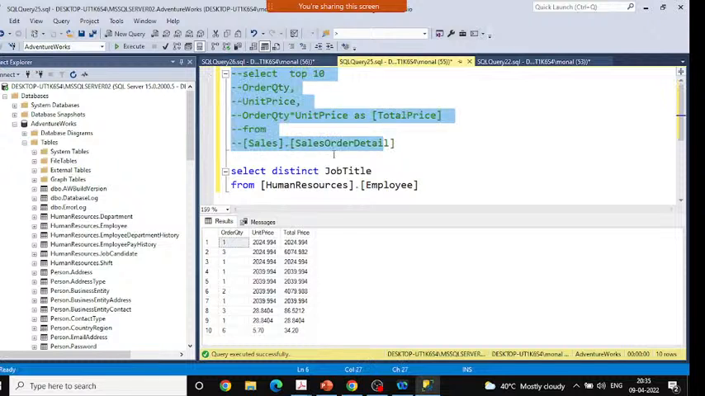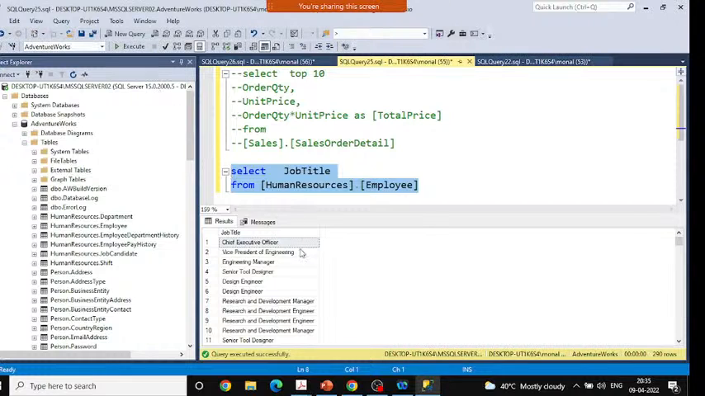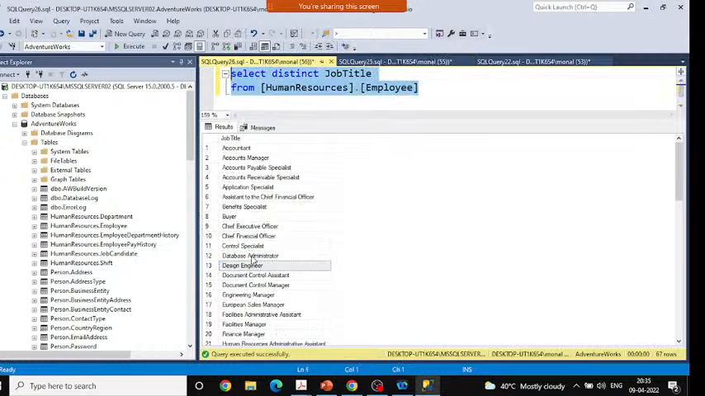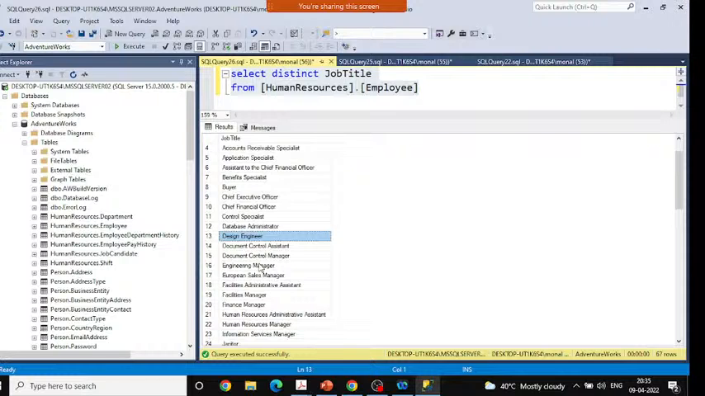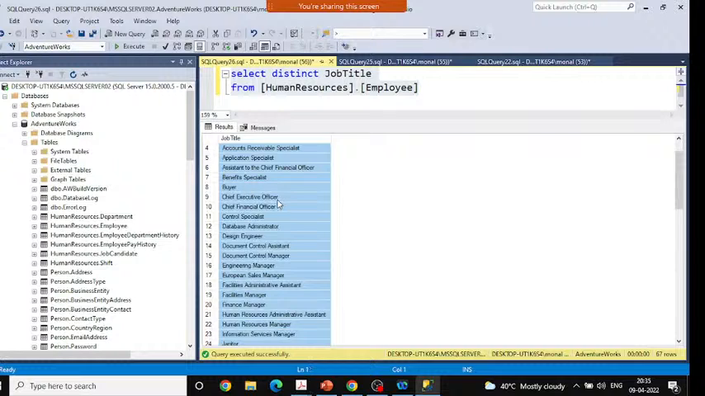Okay, see. Just without DISTINCT, I will execute and I will show you. See, this design engineer earlier was showing two times. Now there is only one entry of the design engineer. So DISTINCT basically removes the duplicate values, but it will